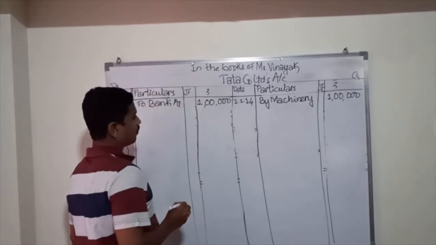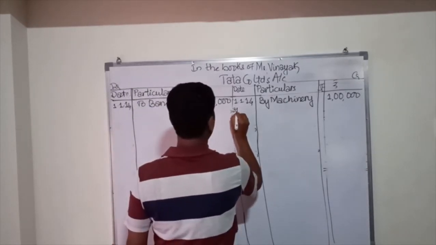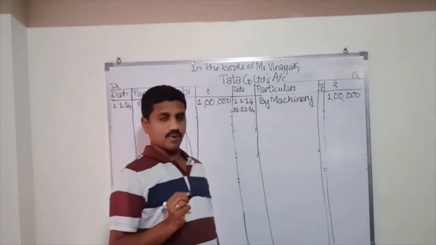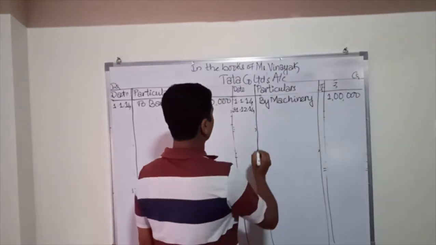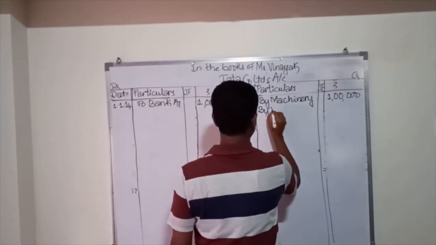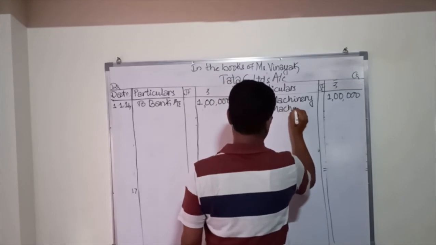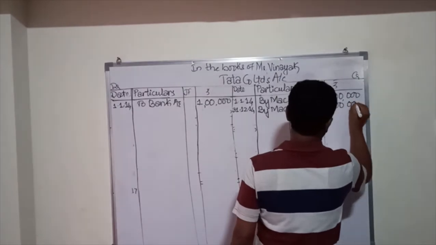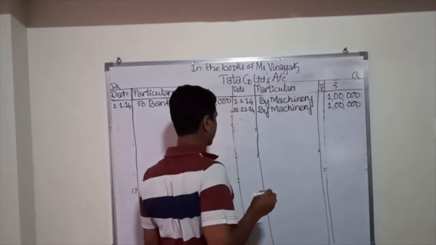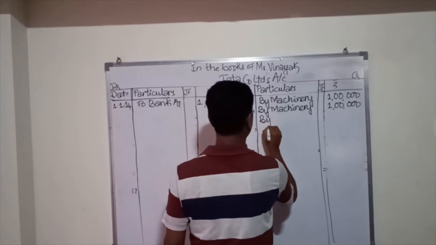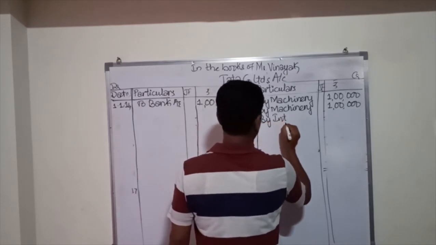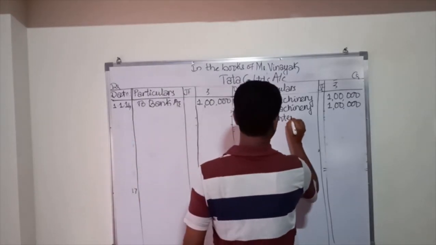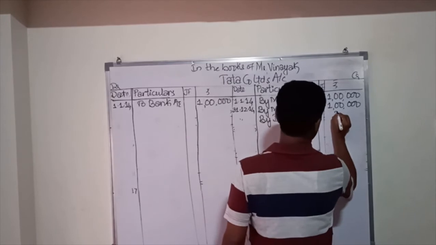Then when the first installment becomes due for payment on 31/12/2014, the journal entry will be machinery account debit, interest account debit to Tata Limited. So Tata Limited is credited by machinery. It is 1 lakh. So you can refer to the hire purchase chart where lastly we have calculated interest as rupees 30,000. Interest, so first interest here, it is 30,000 here.